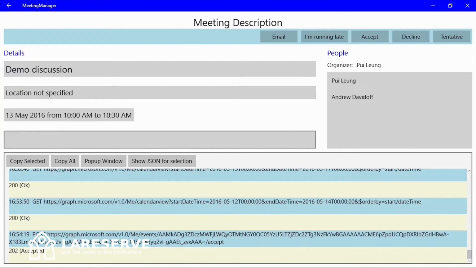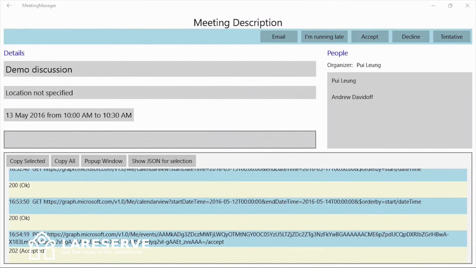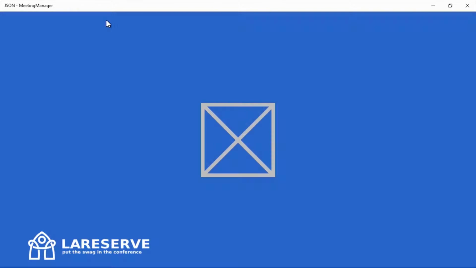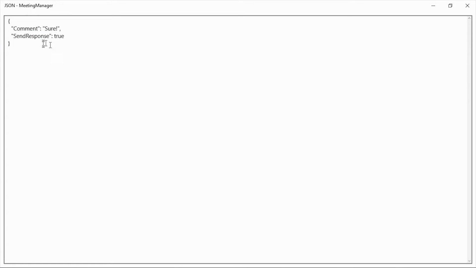What was happening is that we sent an accept, like we do a post saying we need to accept this meeting request. And what's in this post is actually the comment and send response.